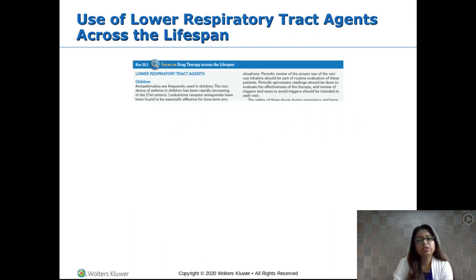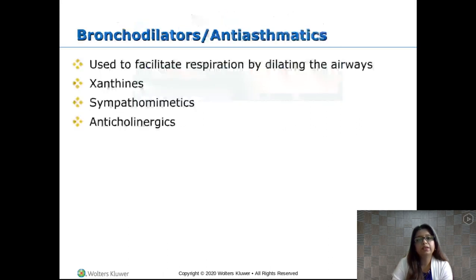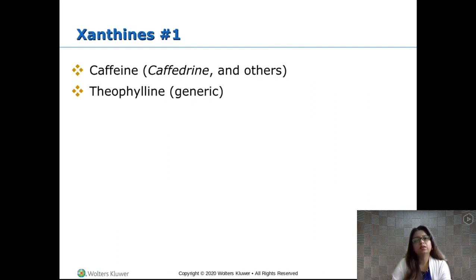So some of the medications which we use are bronchodilators that will dilate the bronchial tract. Those are bronchodilators, or anti-asthmatics. Now what are those medications? One is xanthines, one is sympathomimetics, one is anticholinergics. Xanthines: one of the examples is caffeine. Caffeine is a bronchodilator. If you drink a cup of coffee, it causes some bronchodilation because it's sympathomimetic, but